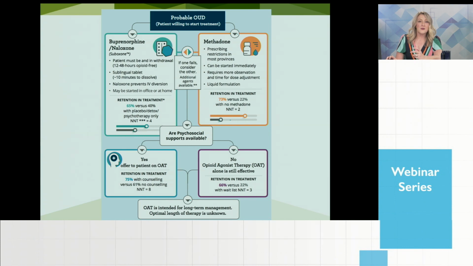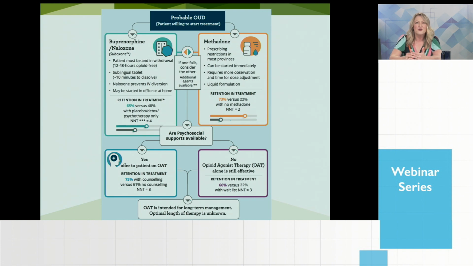The pictures I'm going to be referring to are what are found on the one-pager that came with the PEER guideline. This first algorithm deals a lot more with what we talked about in the series we just recorded. If you have a patient with probable OUD, you may want to use something like the POMI, or Prescription Opioid Misuse Index, to identify these patients within your practice, moving ahead and offering them either methadone or buprenorphine naloxone.